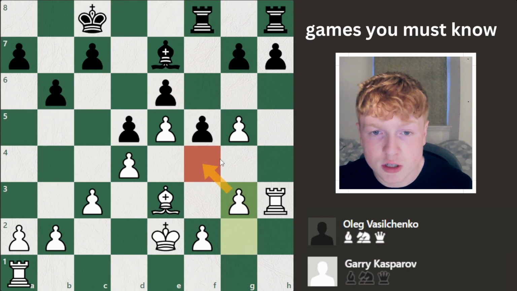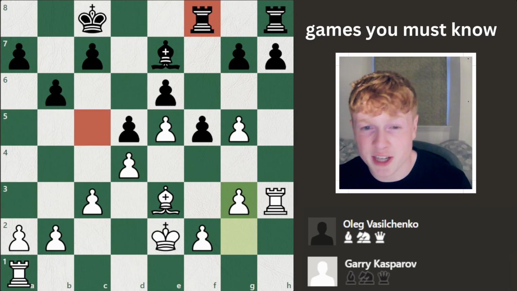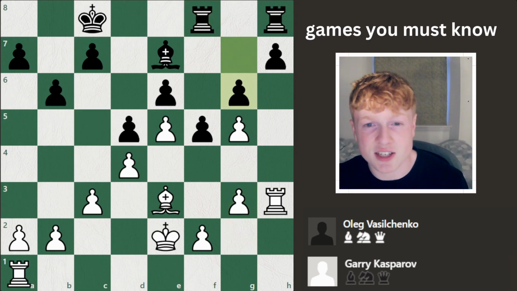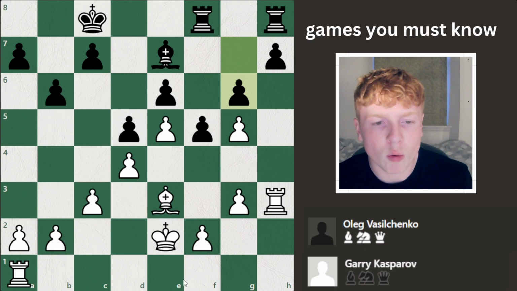Now that square is controlled. What is this rook really doing? It's no longer helping support the c-pawns because the king is in the way. Vasilchenko's position doesn't really make much sense at this point. But he does find a great move here. He plays g6. You think, wait, what is that? Looks like a complete waste of time. What is this guy doing? Well, the idea is